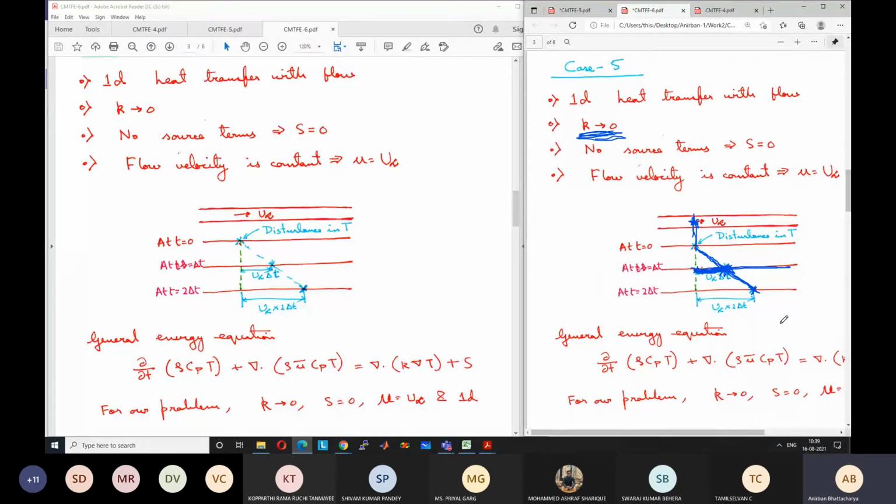So then what do you understand about nature? What type of nature will this be? So parabolic? Why parabolic? No, sir, not parabolic. Why parabolic? So what is parabolic nature? Parabolic in time and